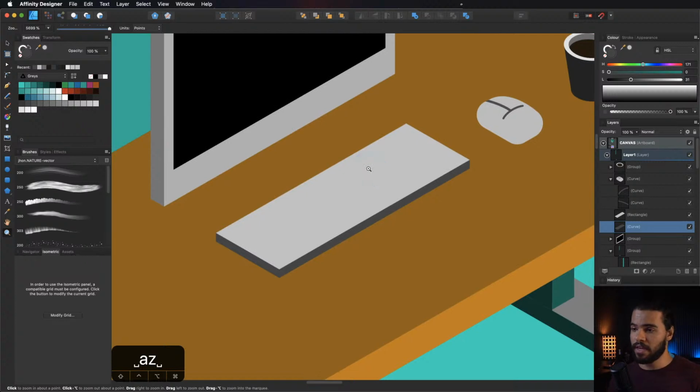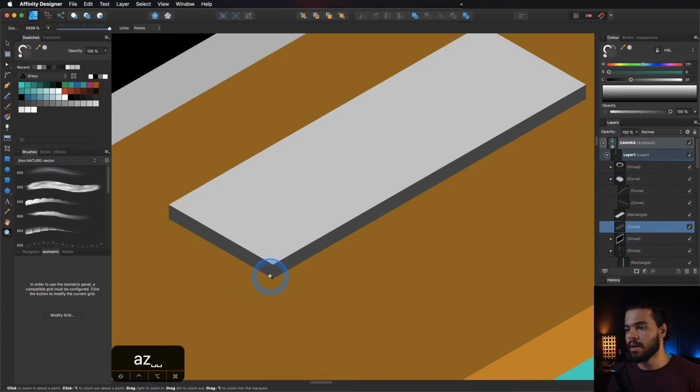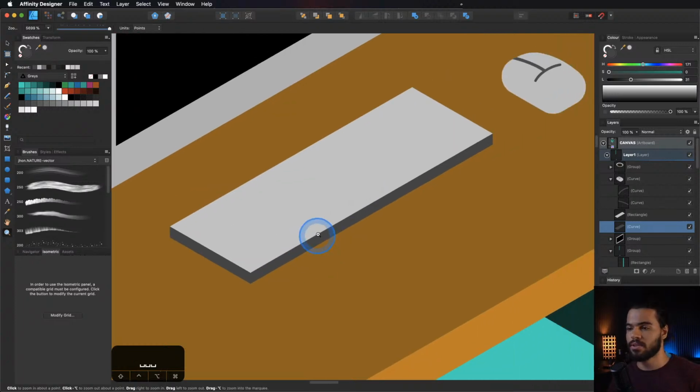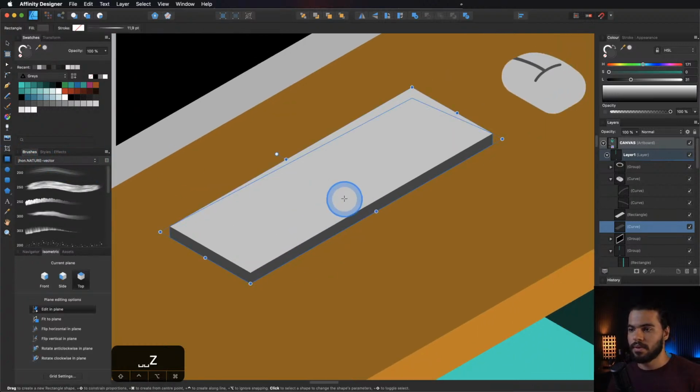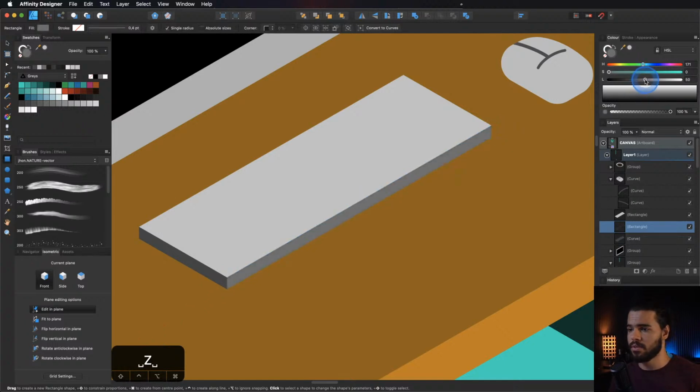Maybe this is a fast technique in some situations, but in case you need to paint this side, you are going to have some problems, because you need to create another shape, and there is always a new technique that you guys can explore. It depends on the situation. Okay,